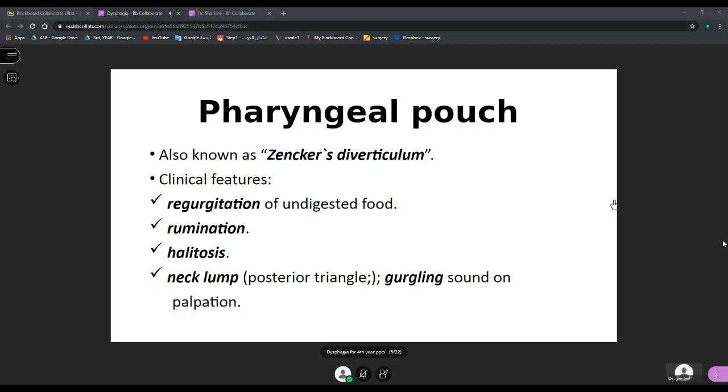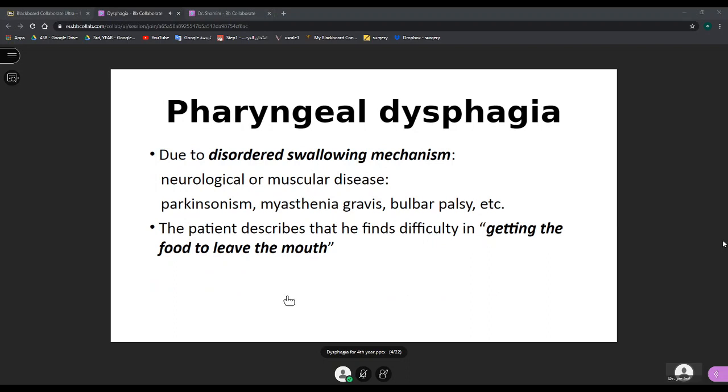By the way, I will go back to mention one piece of information that I did not mention here. How did you notice that the patient has pharyngeal dysphagia? How did you notice that the patient has pharyngeal rather than esophageal dysphagia? Clinically, how do you